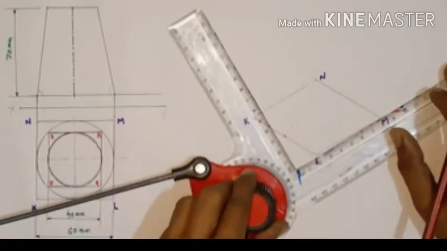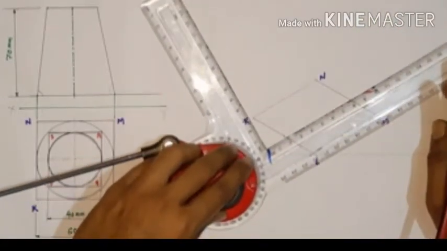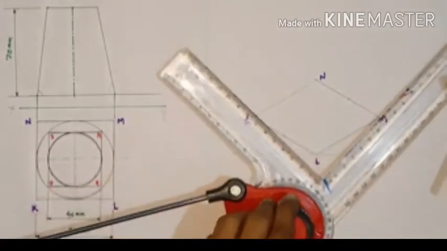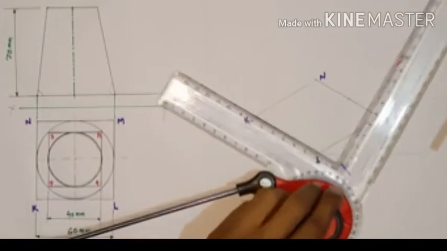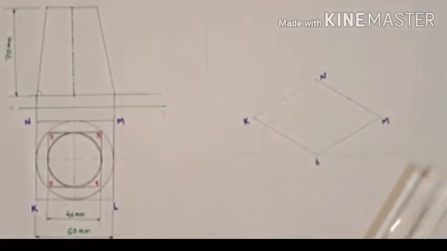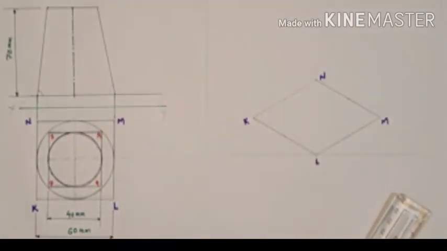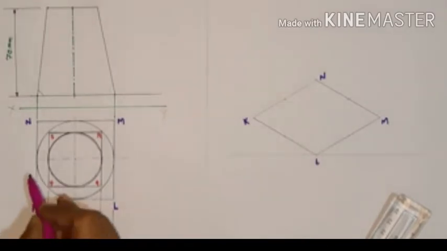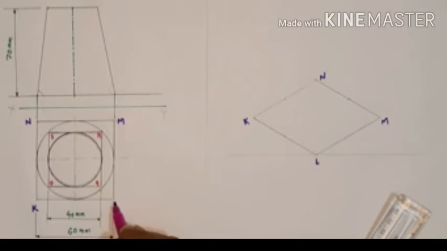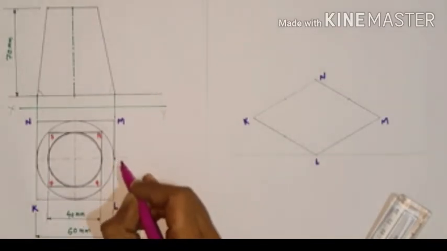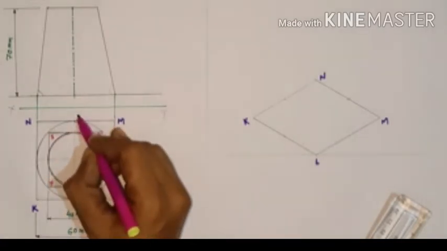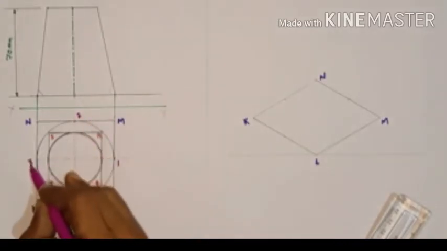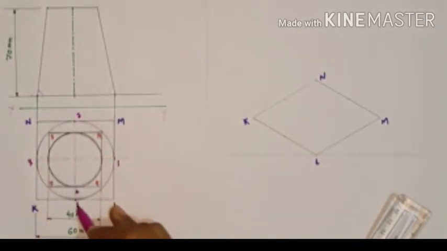like this. Now taking MD parallel to this and taking the dimension here, right now putting the MD parallel to it, and placing this dimension here. Okay, so this is your midpoint. You can give any name for this. So I give a certain name for this. Suppose I start from this point: this is your 1 for the biggest circle, this is your 2, and this is your 3, and this point is your 4.